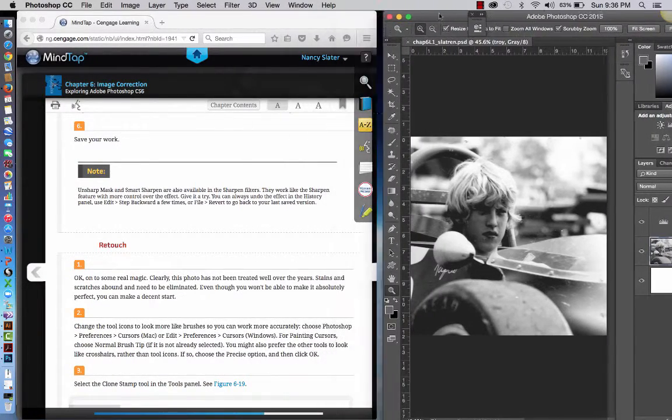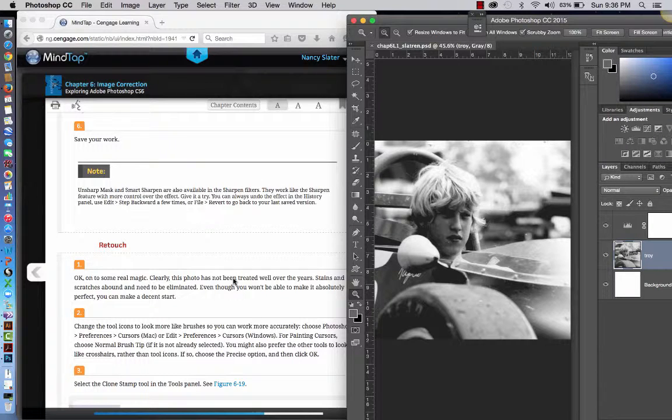All right, now we're going to do retouch, and I'm going to do a couple of steps into this, and then I'm going to have you work on your own. Clearly this photo has not been treated well over the years. Stains and scratches abound and need to be eliminated. Even though you won't be able to make it absolutely perfect, we can certainly correct some and make a decent start. So we're going to change the tool icons to look more like brushes, so you can more accurately